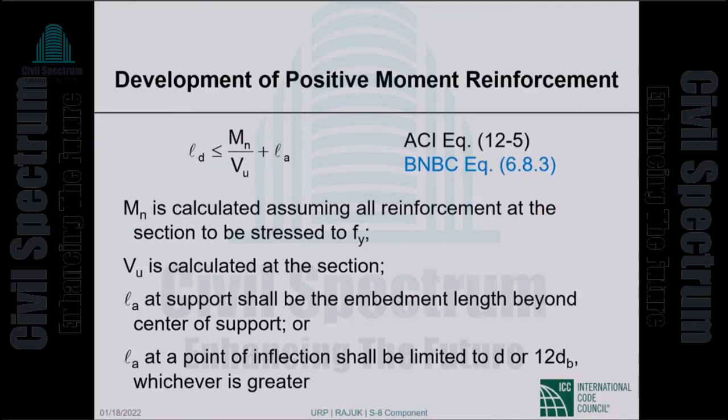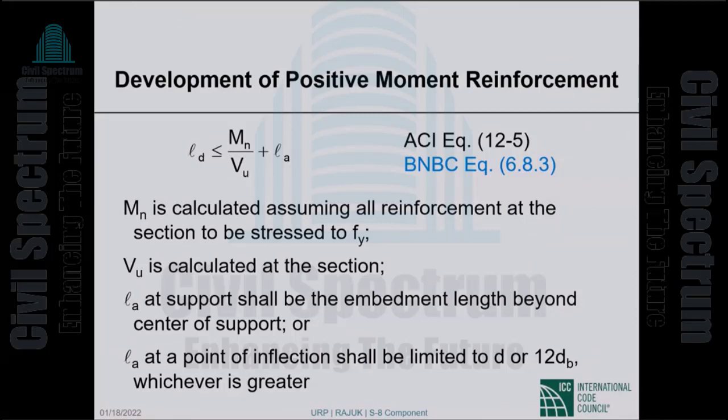So M sub N divided by V sub U. M sub N is the nominal flexural strength. And it says here, assuming all reinforcement at the section is stressed to F sub Y, all the reinforcement is yielding, divided by V sub U, which is simply the calculated required shear strength at the section, plus L sub A